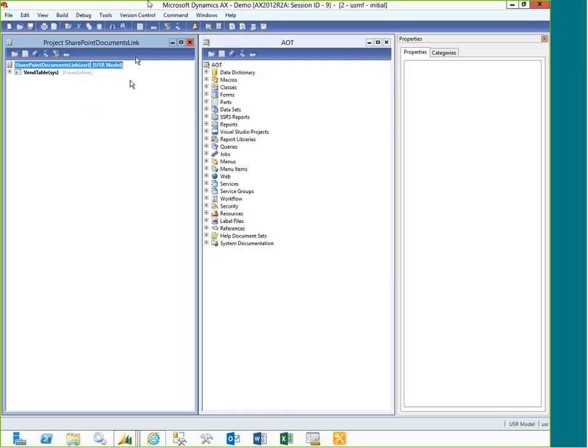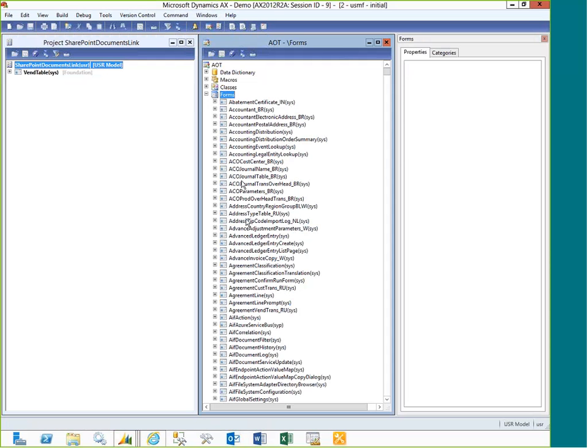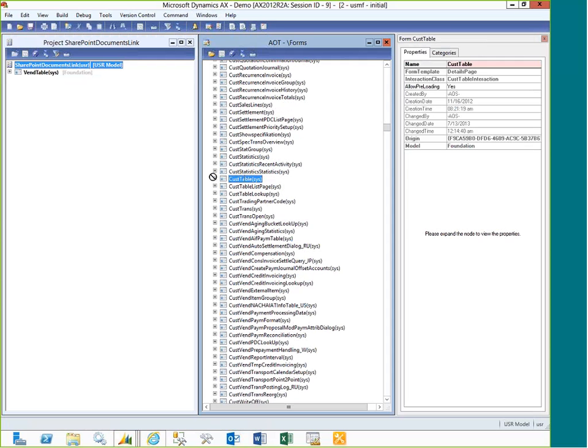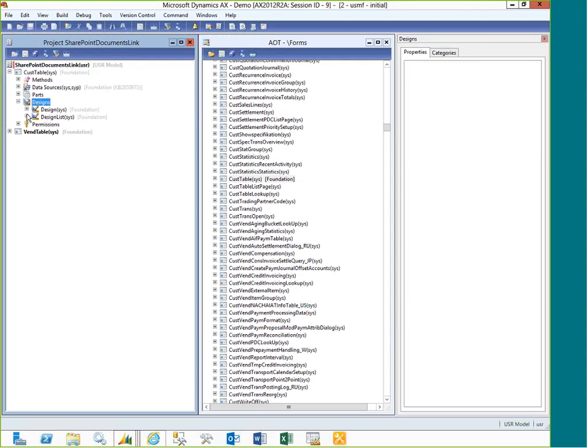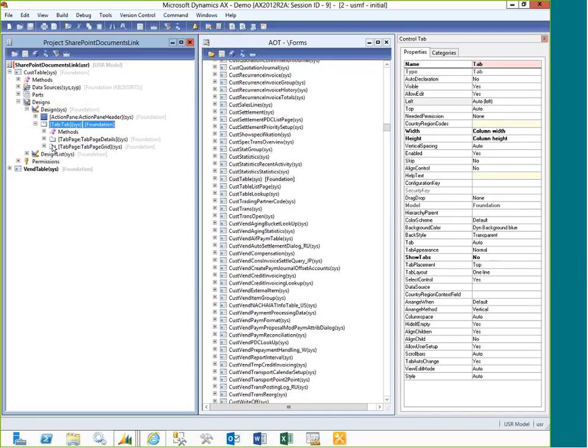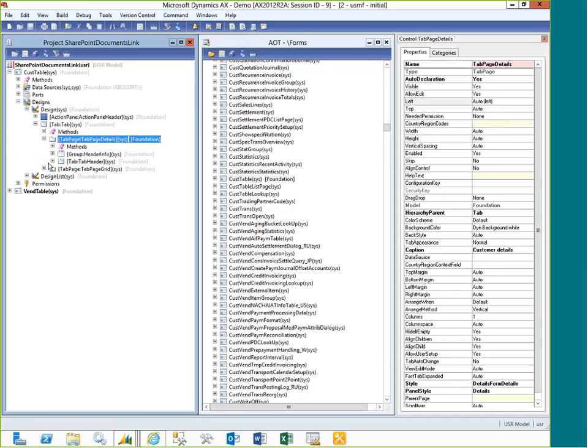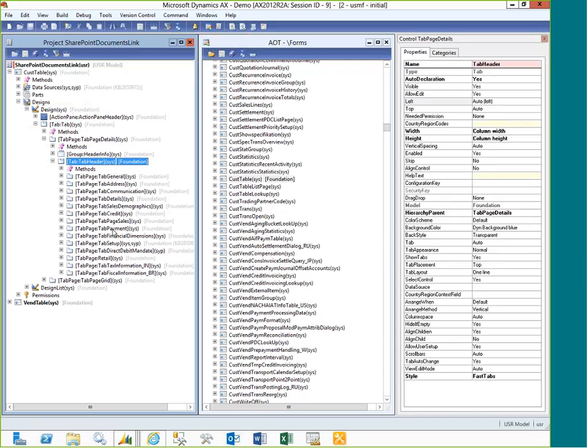And what I have here is I'm inside of AOT, or the development environment. And I'm going to go out and drag over my customer table, so my definition. And for anyone who hasn't done this, this is really, really straightforward to do and pretty easy to do. And what I've got is I've just drilled down into the design option here, down to all of the tabs. So these are all of the tabs that match up to the tabs that I have in my customer list,